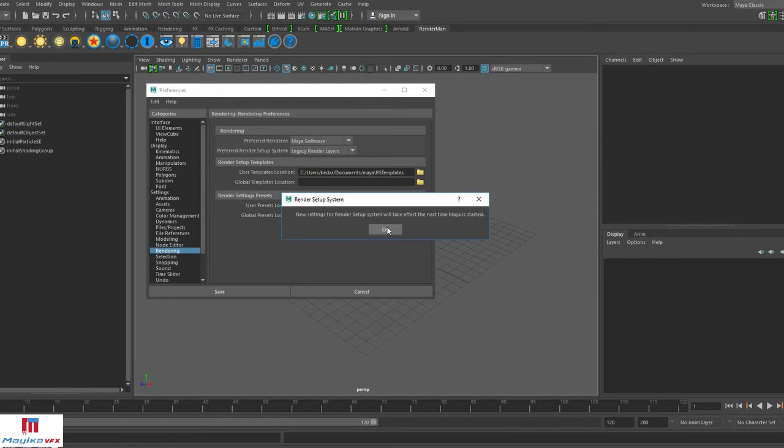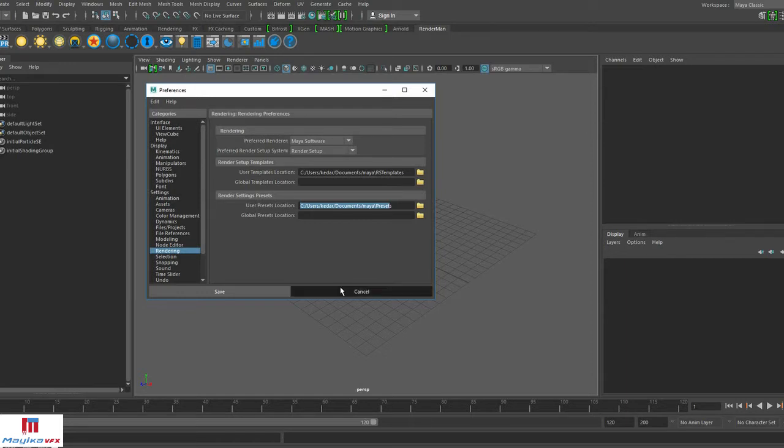And if we save, then we need to restart Maya and we get the same old render setup in Maya 2017 as well. So let's stay with the current setup. Here we can change the path to save the render setup templates in 2017.